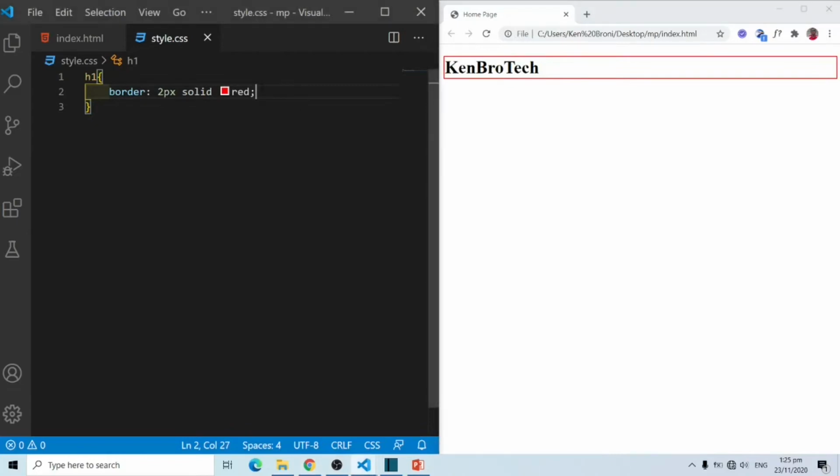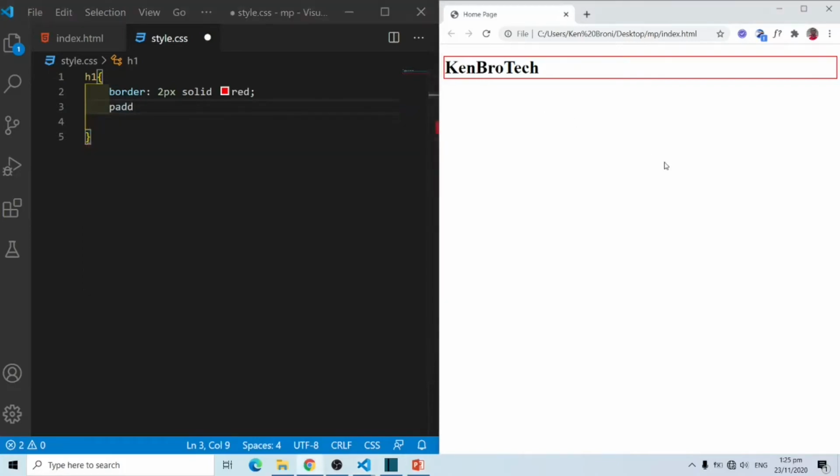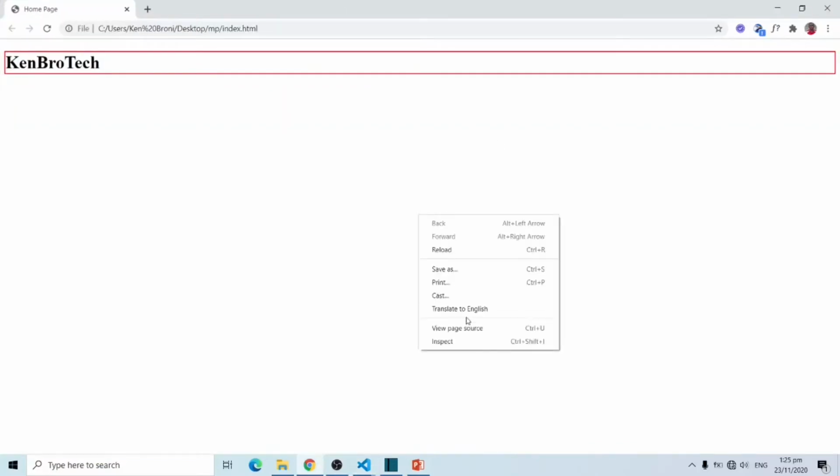So you are going to see a border of 2 pixels solid red around Cambridge, and that's exactly what we have over here. Then, if you want an internal distance between the content, which is the text, and the border line, as we can see over here, then we can specify a padding. A padding is the internal distance. Now, in order to do so, we could have well done padding, and as you can see, you have padding left, top, bottom, and right, like I showed you in the diagram. But in order to also amplify some of the things I'm saying, and for a better illustration of it, let me strike this up, and we can do